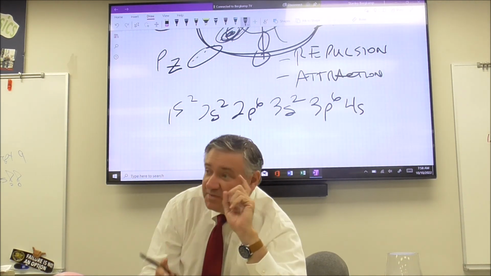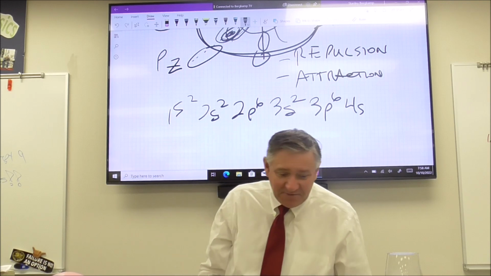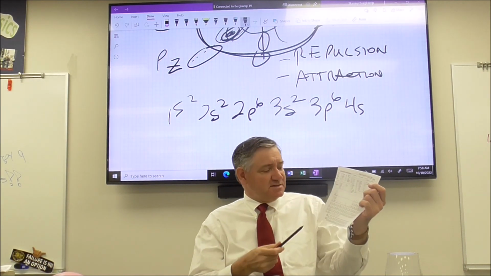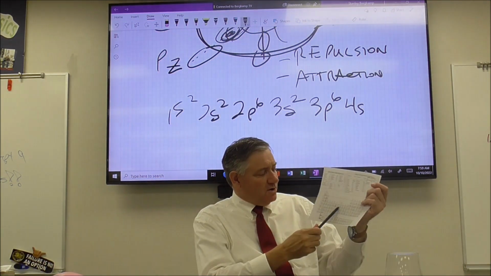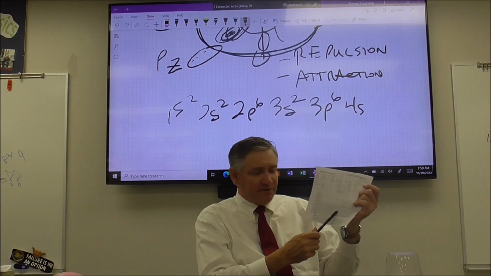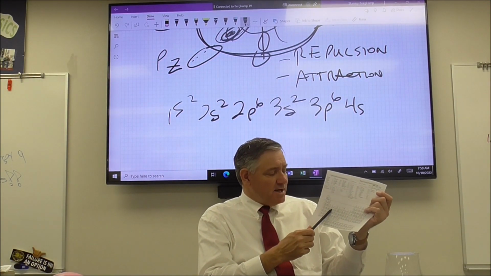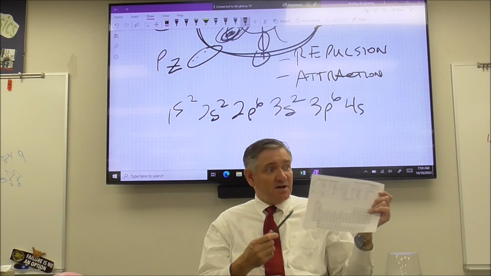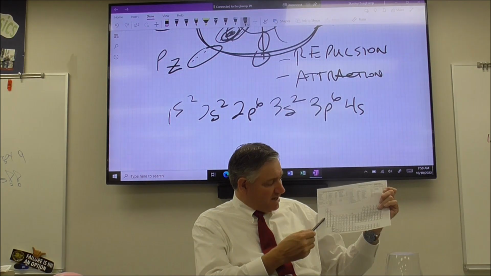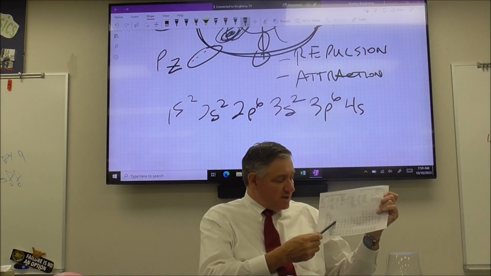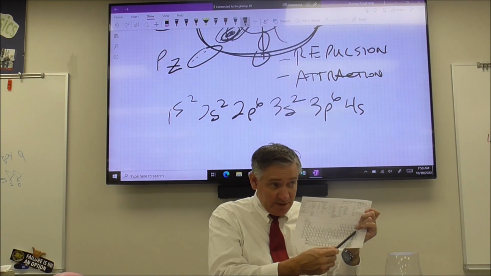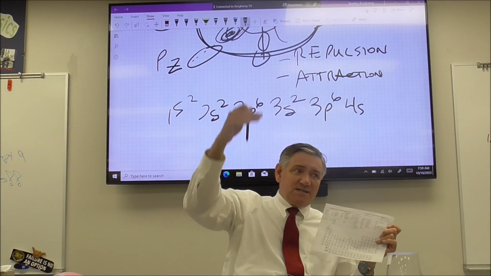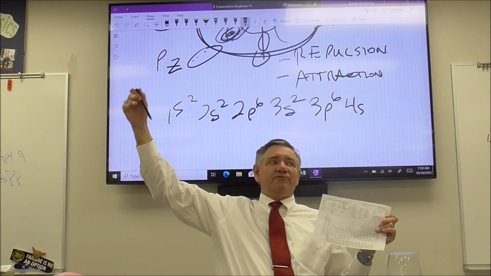4s. Now, this is why, listen to me very, very carefully, this is why there's this huge gap right here. This is why you don't fill with scandium, titanium going across like this. This is why you don't have this block until you fill 4s. So this is why there's 4s, potassium, calcium, then you start going across, okay? So this is why there's this big gap here. This is why we don't fill the D block until we fill 4s. Now,